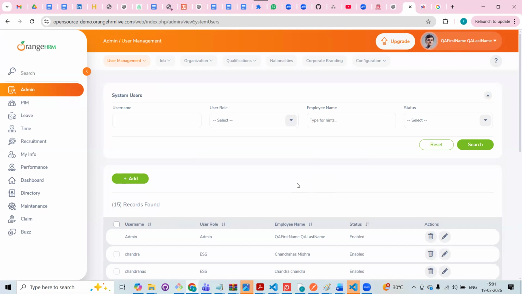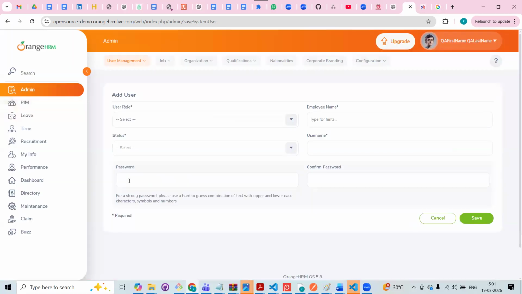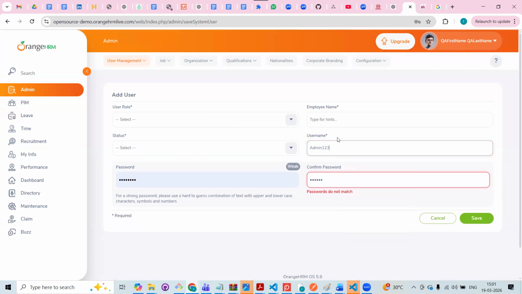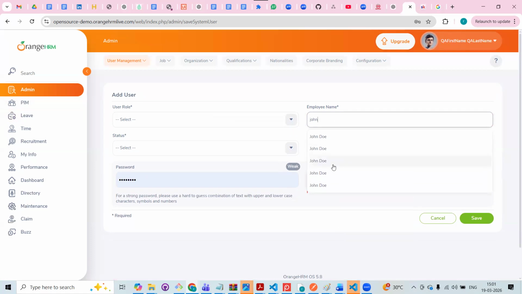Now one homework that I want to give you is to log in to the application. Again, click on admin. That part is also there in the code. Click on add. We are adding a user now. And this screen will open. See, we already know how to type in the data. Just fill here, also just fill. Username already exists, so give some unique username. And then employee name. There are so many Johns in this application, if you see. So select one of the Johns.